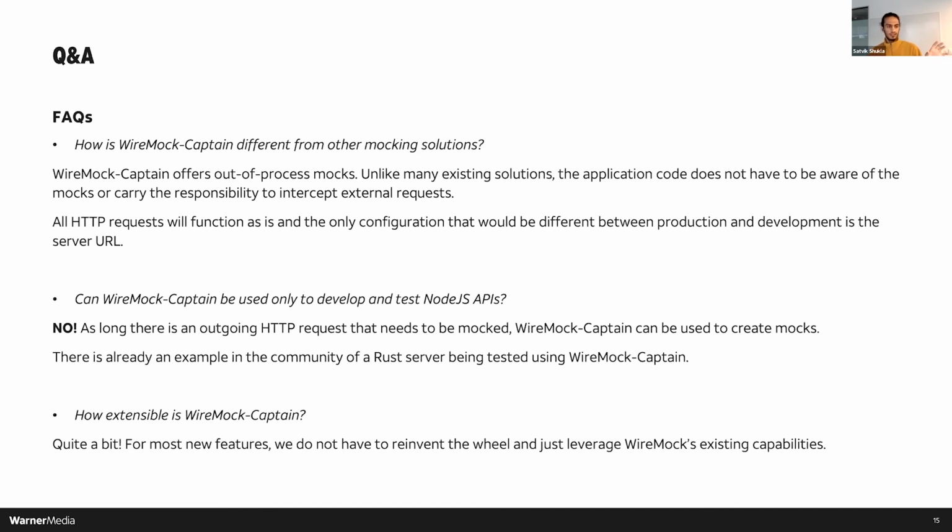So Wiremock-Captain does out-of-process mocks, where we have our mock instance completely separate, and we are configuring our mock instance to respond back with a certain response. So we are never intercepting any external requests. The requests are still being made like they would be in production to the Spotify API. But instead of using the actual production APIs, we are now using mocked instances of those APIs. So it differs from many of the libraries in the notion of how mocks work,